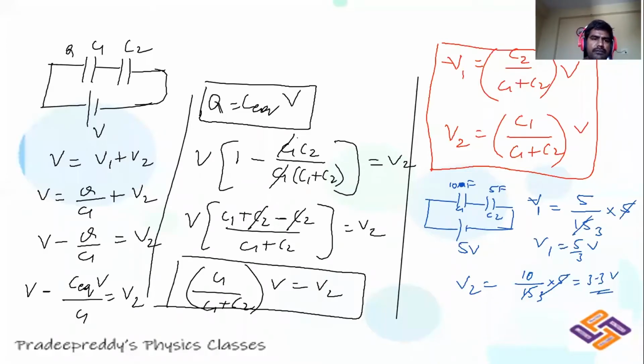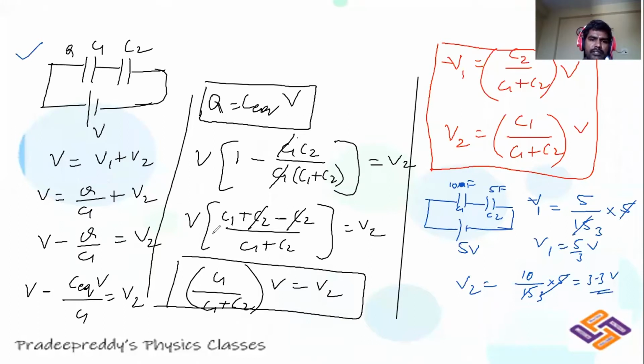Yeah, students, we have learned capacitors in series as well as parallel in the previous lecture. Now I'm drawing some conclusions from yesterday's equations. This is two capacitors connected in series. Going through this derivation, I want to find an expression for voltages V1 and V2 in terms of C1, C2 without finding charge Q.